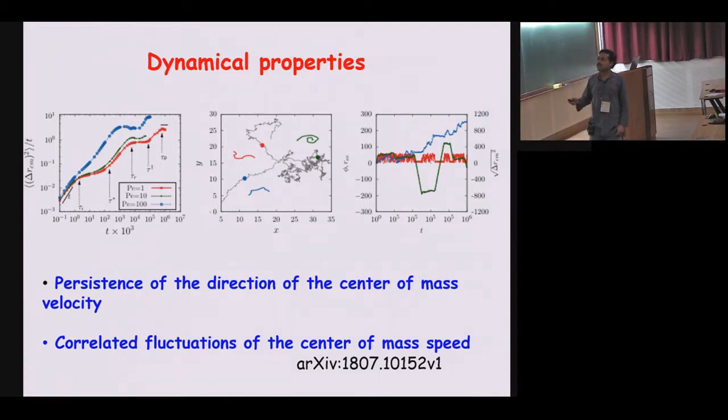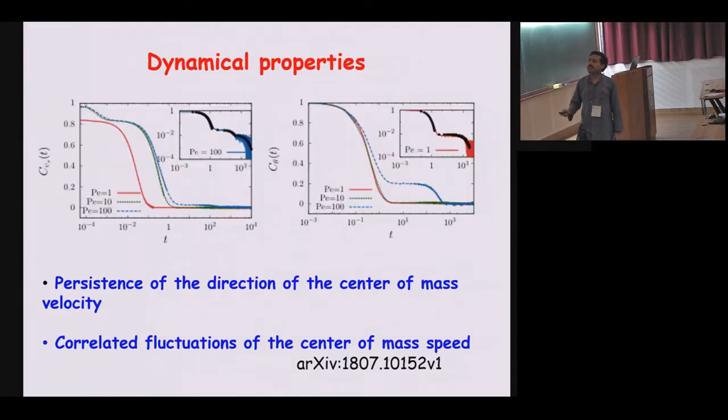Now the question is, why does it happen? In this case we find that there are two additional time scales. One is the persistence of the direction of the center of mass velocity, and the other is the correlated fluctuations of the center of mass speed. So there is a correlation in the speed as well as in the orientation of the center of mass velocity, and you can see from this correlation that the decay gives you the correlation time, and you have multiple exponential decays that you can observe. So that gives rise to this series of crossovers,